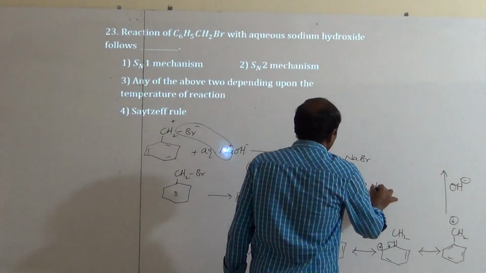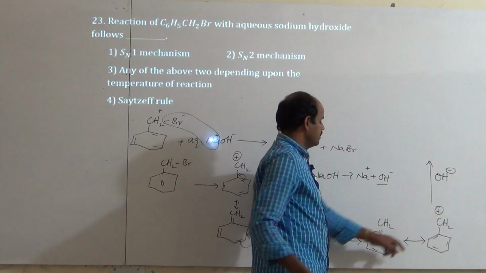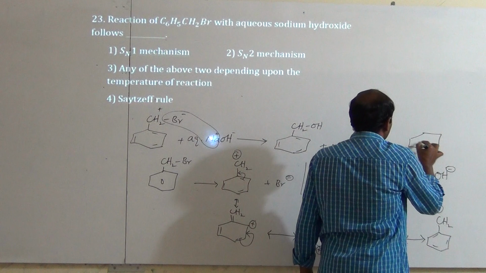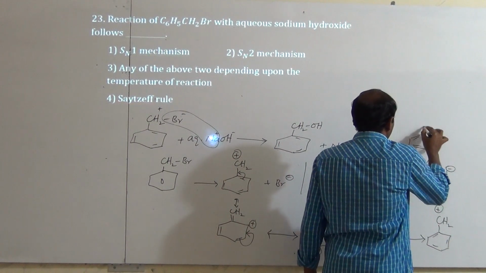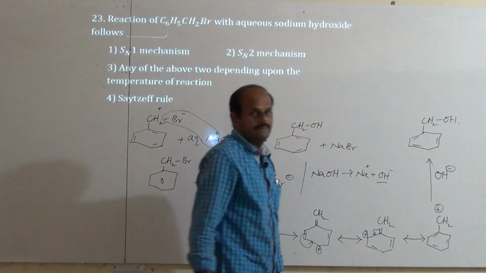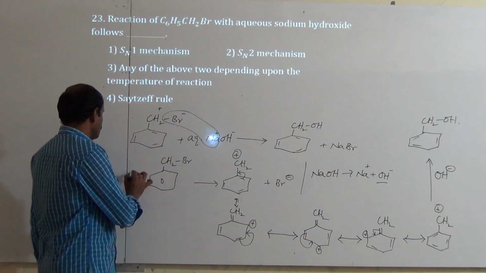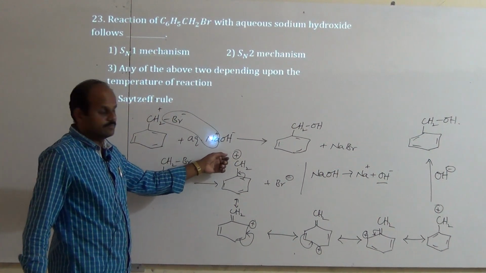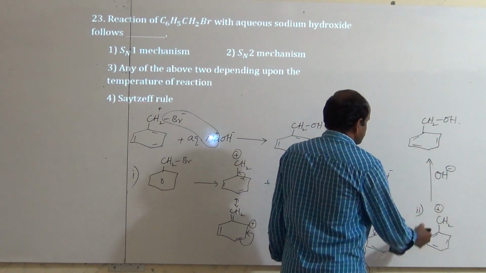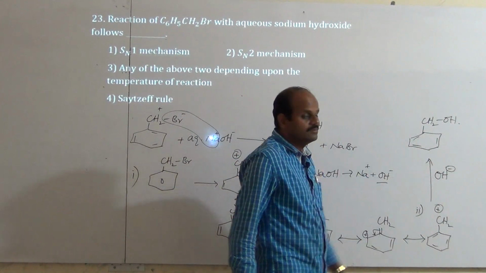on attacking with OH minus ions from NaOH, this NaOH is dissociated as Na plus and OH minus ions. These OH minus ions attack this carbocation, giving CH2OH, thus we get benzyl alcohol. Okay, thus it takes place in how many steps? In two steps. One is formation of carbocation, and what is the second step? Here it is the second step. On the carbocation the hydroxyl group attacks, and finally we get the final product.